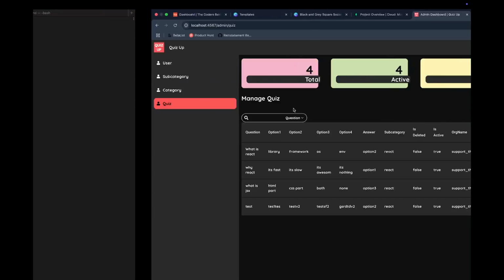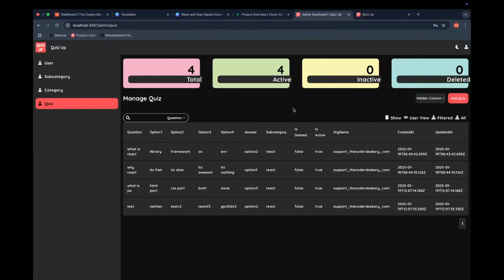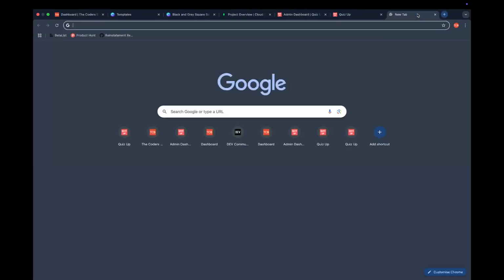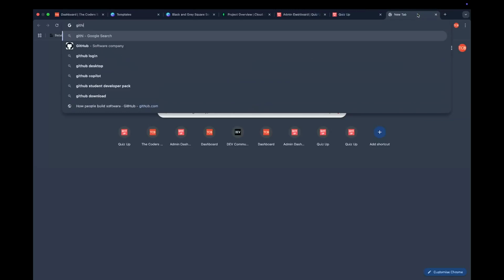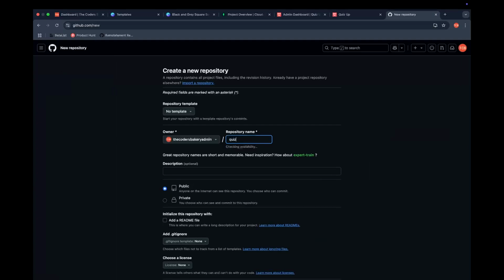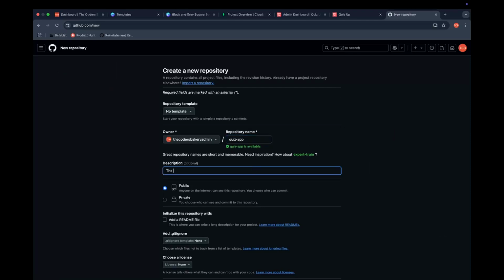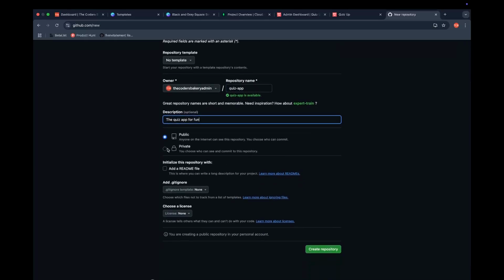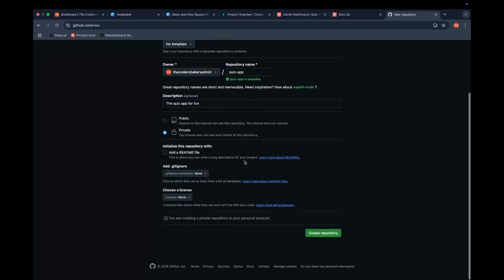Okay, so now everything is ready. In order to deploy it to production, first we'll move our repo to GitHub, right? So let me open my GitHub for now. On your GitHub, create a new repo where you want to store this. I will add a quiz app here, for fun, and make it a private repo for myself, and then I will create the repo and add my code